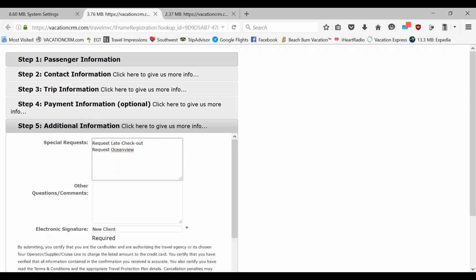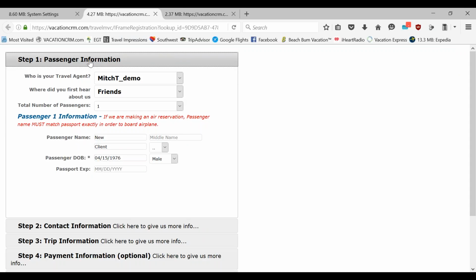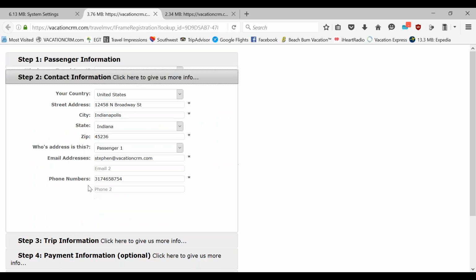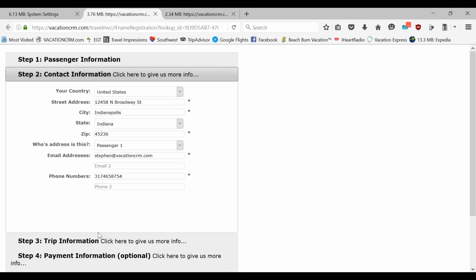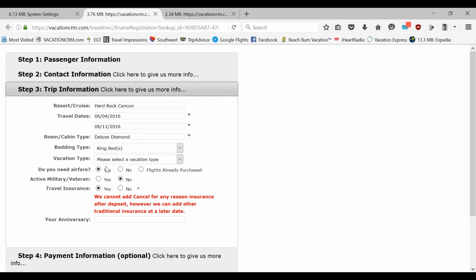So one thing that I went ahead and did ahead of time is I filled out the reservation form. So there's 5 different sections the client will have to go through. If you have multiple agents, there will be a drop down here. If you're a single user, this won't even be here. So they'll fill out all the information, contact information, trip information. So they'll put the resort or cruise line, the room category, do they need airfare, do they need insurance,